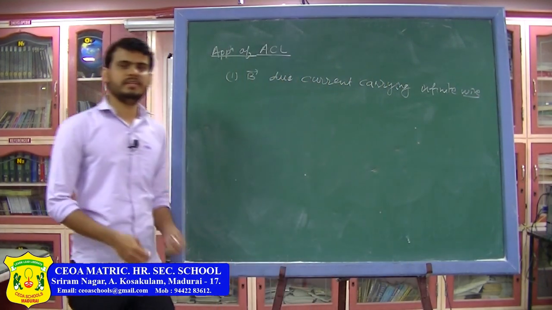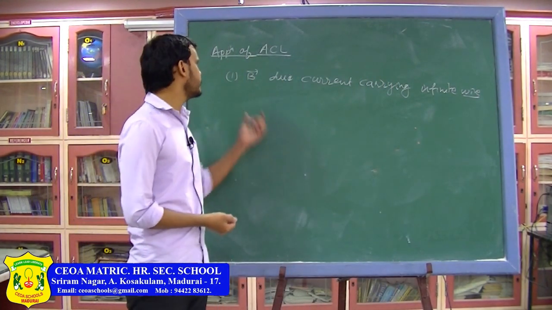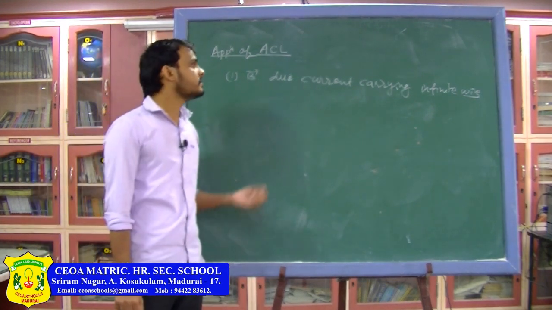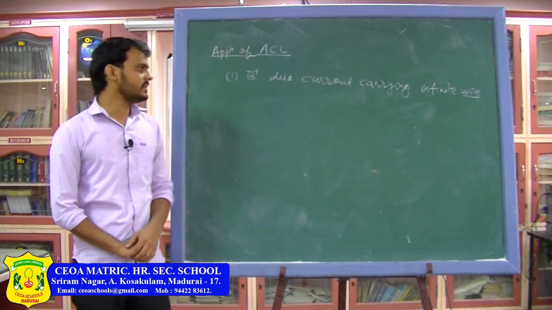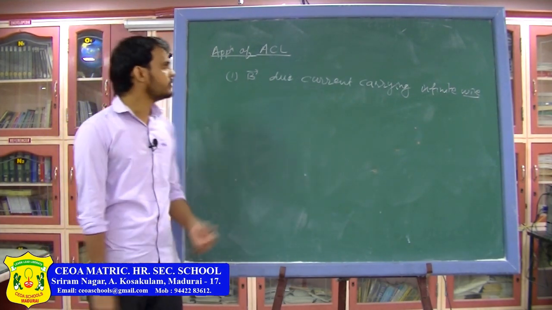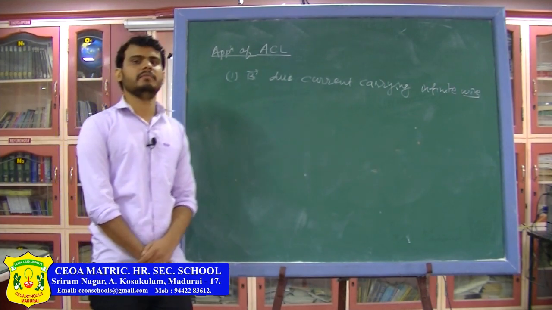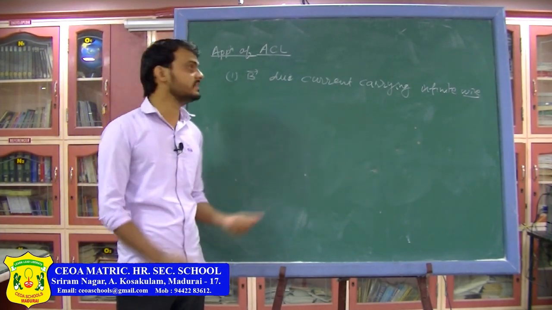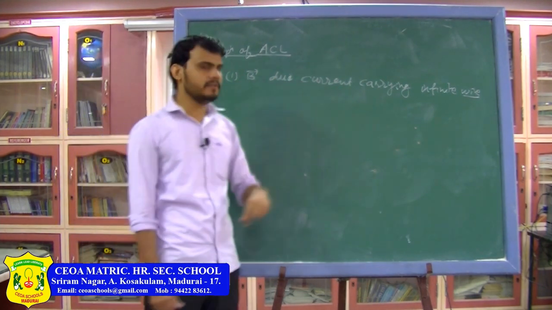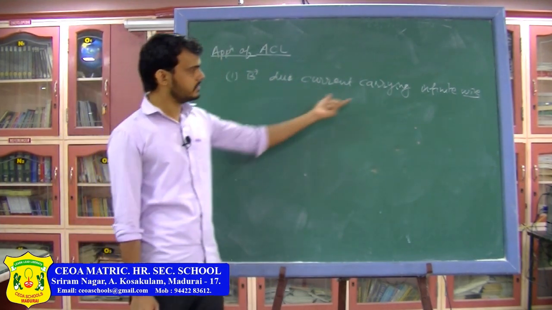Again, if you remember, in the previous class I told you that you can use Ampere's circuital law to find the magnetic field due to any charge distribution, but it is easier when the charge distribution is symmetric. So, here we are seeing it for an infinite wire. You can use Ampere's circuital law to find the magnetic field due to a finite wire also, but in that case the other things will be difficult. So, we directly find the magnetic field due to a current carrying wire which is infinite.